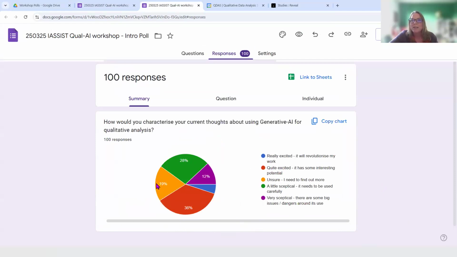But there's also a little bit of skepticism in the room, and also quite a few of you who are a little bit unsure. So that's really helpful. Thank you. I've been asking this question in many of the sessions I've done over the last couple of years. So it's really great to see, as you can see, quite a lot of difference in how you're feeling about that. So later on at the end of the session, I'll ask you a couple of questions as well, and then we can make some comparisons. So thank you very much for taking the time to do that.